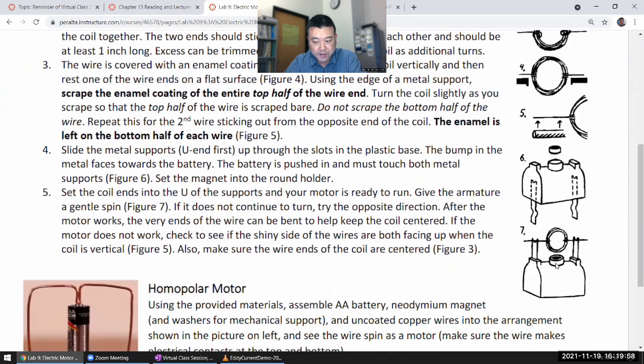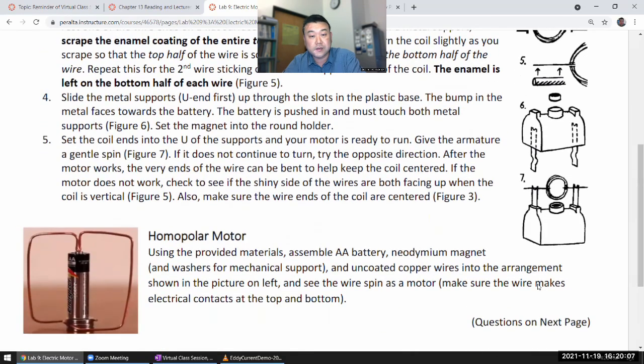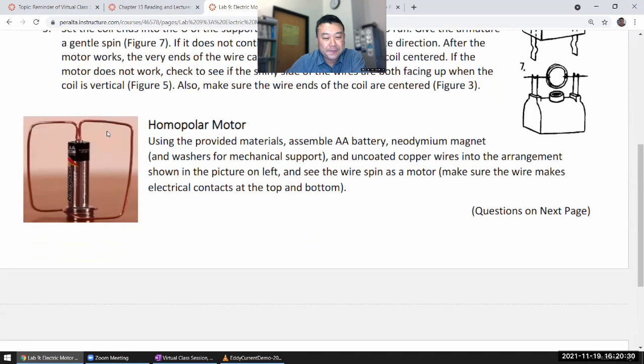This is the magnet placed here. This coil of wire hanging over a magnet, connected in such a way that it'll be connected to a battery. It turns like a motor. So it's a motor, and it's the world's simplest motor because it has the fewest parts you can imagine. So this is the lab working with these two simplest possible arrangements that illustrate magnetic force on a current